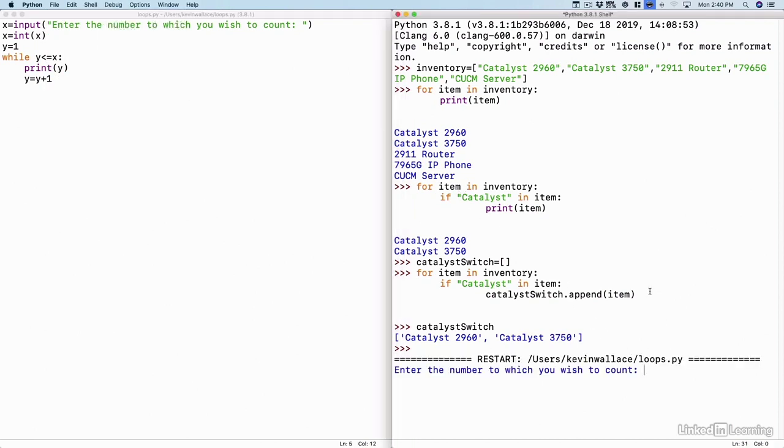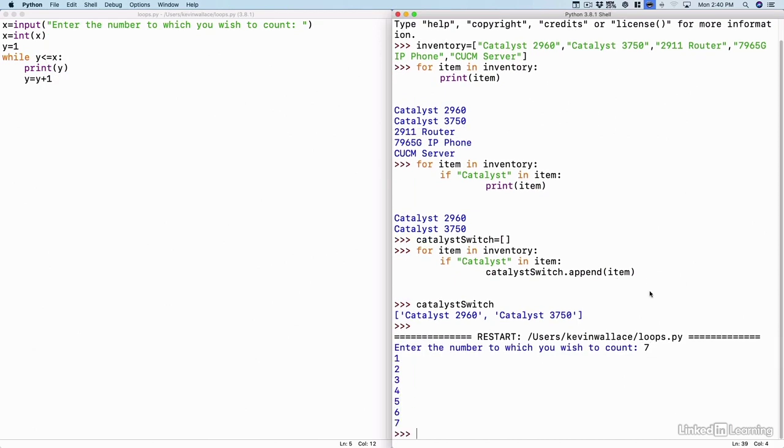It asks for a number to which I wish to count. I'll say 7, and notice it counts all the way to 7, and it stops. Let's follow the logic. When I entered 7, that number 7 was a string. I converted it to an integer by saying x equals int with x in parentheses. So now x equals the integer of 7. And I started counting with a value of 1. We had y equals 1. And I said, while y is less than or equal to x, then I want to print the value of